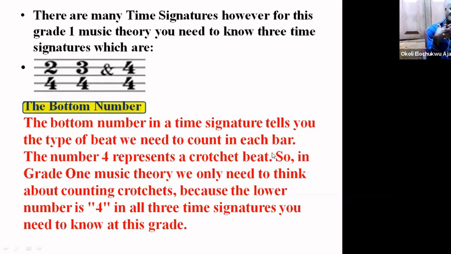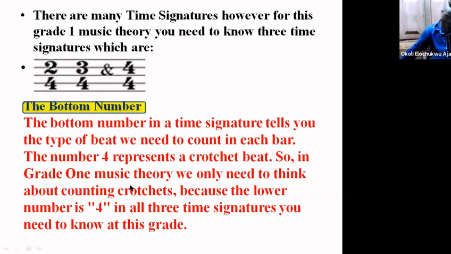So I was saying that when you see 4 as the base number, like you are seeing on the screen now, what should come to your mind is that base number, that 4, is talking about crotchets. So when you have had that in your mind, you should be able now to determine how many crotchet beats you will have in a bar,